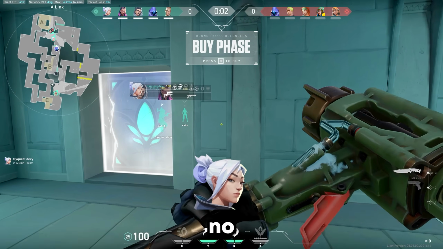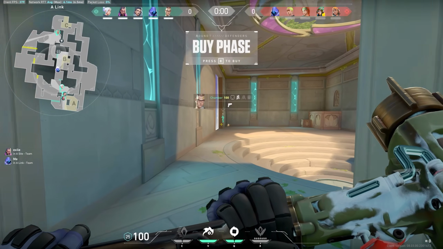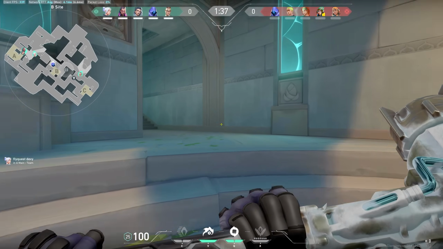Want me to flash or not? No. We're not fighting. So starting off, since Omen has a really important flash, which on this map can be